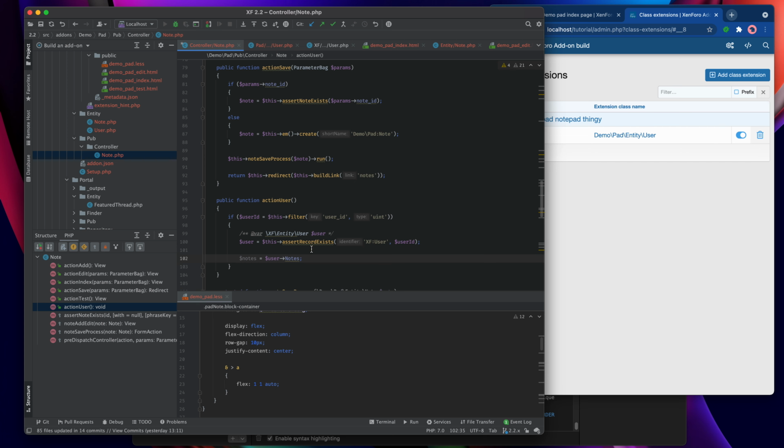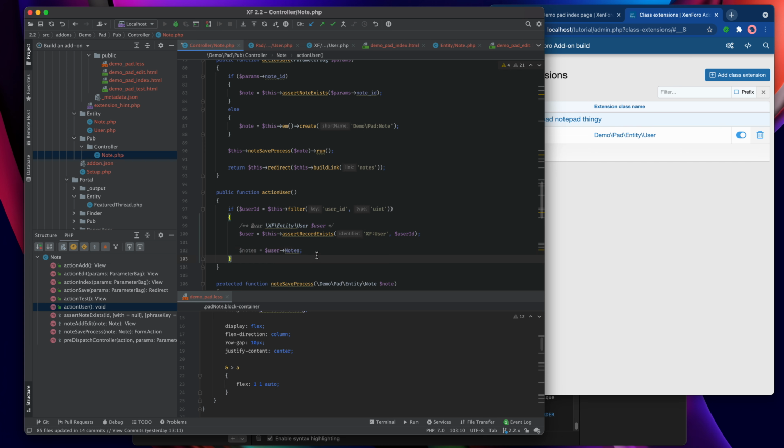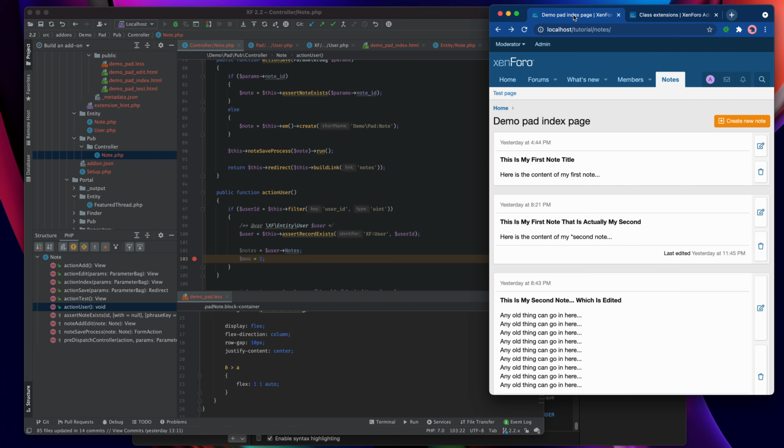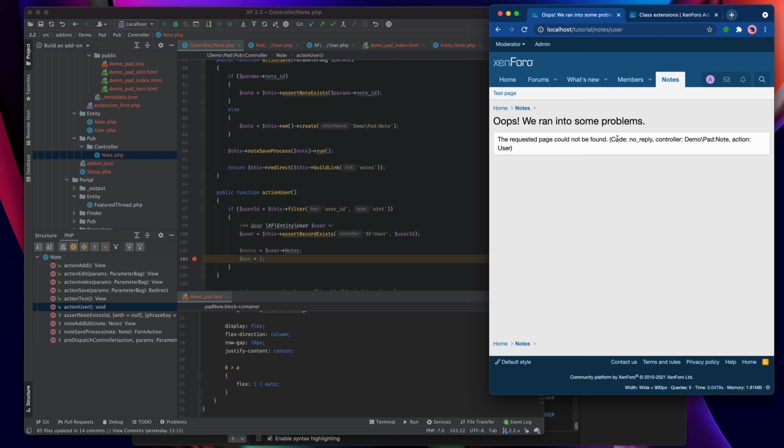Let's test it. I'm going to add an extra line here so that I can put a breakpoint on there and see the result of notes. So let's head into the front end and go to my action user. At this point, it's going to say that the page can't be found because there was no reply from the controller.